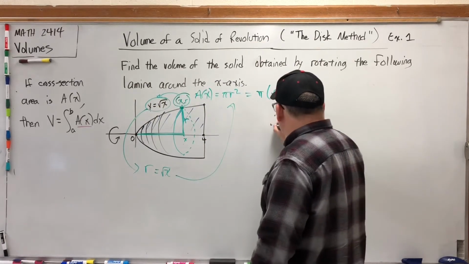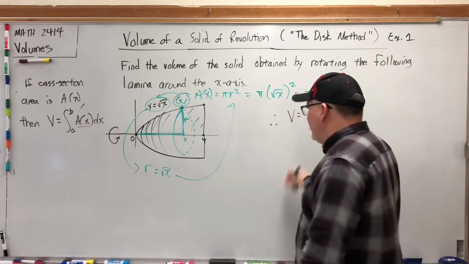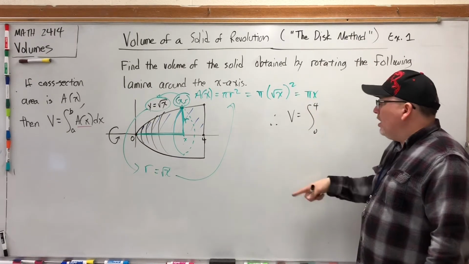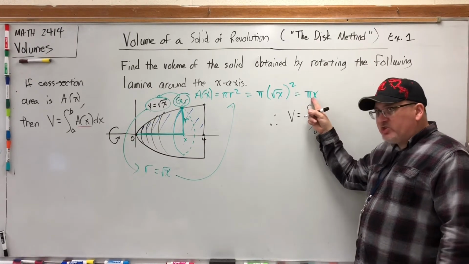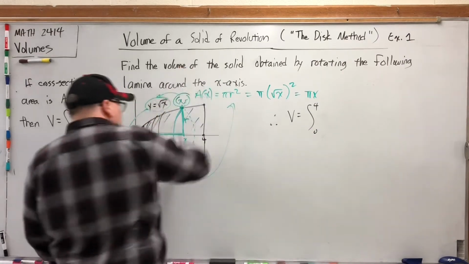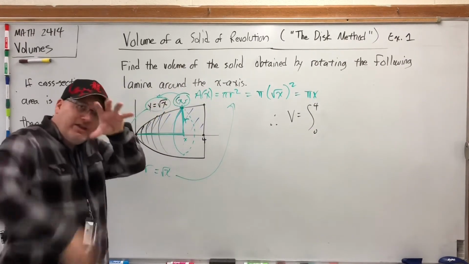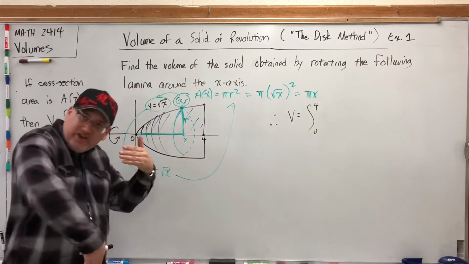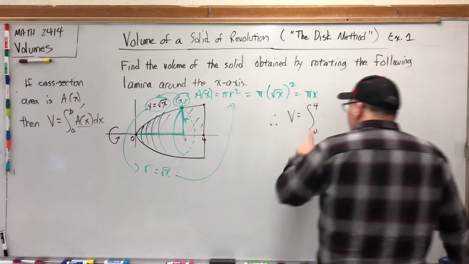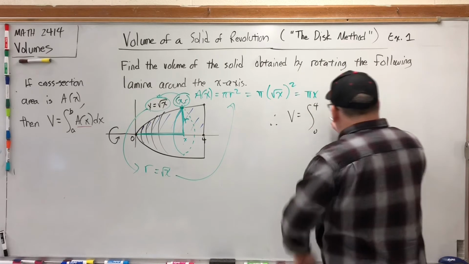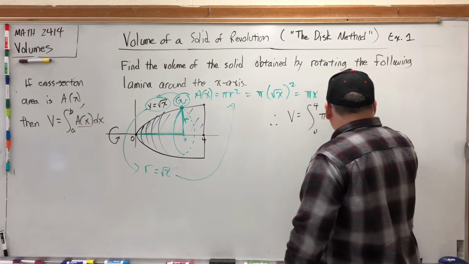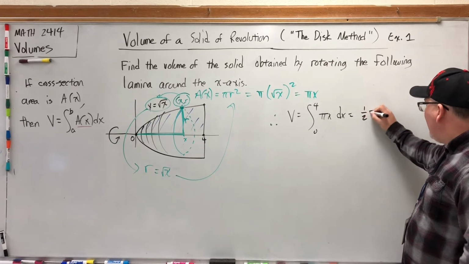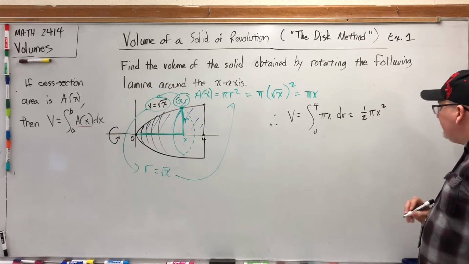Therefore, our volume is going to be the integral, left to right, 0 to 4, of the area of the cross section. Remember, that means if I cut this and show you where I cut it, it will make a circle. That will be its area based on the x coordinate that I cut it at. The volume is the integral of the area. This one's easy. Pi is a constant, and so we have 1/2 pi x squared as our antiderivative from 0